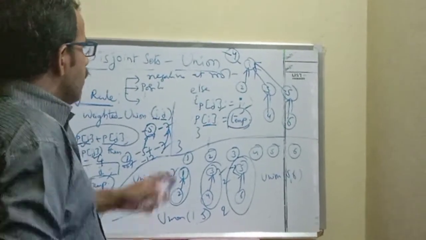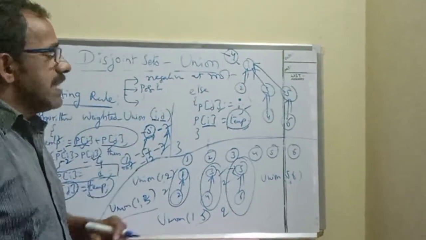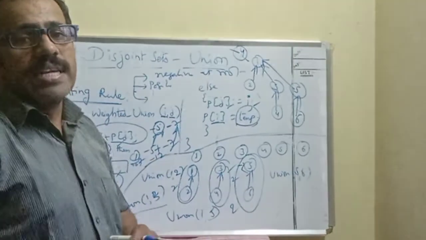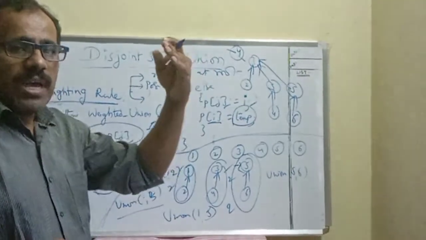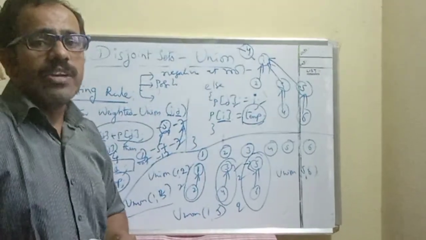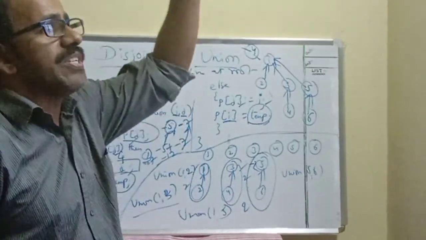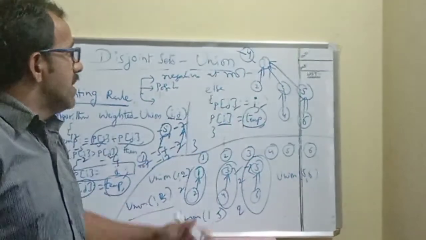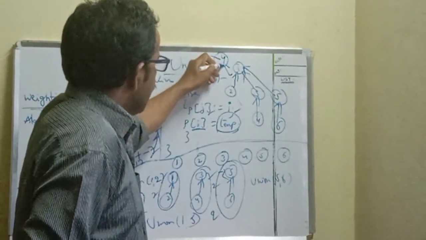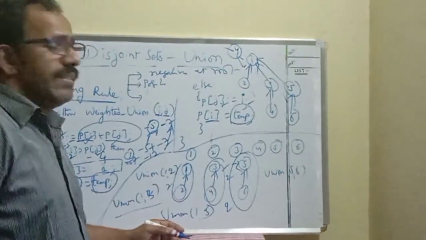Okay? Because the highest number of nodes are in the first tree and fewer nodes are in the second tree. If you make the root node of the tree with more nodes the parent of the root node of the tree with fewer nodes, then I get the tree structure like this. By using this weighting rule, I can reduce the number of find operations required, because earlier the basic find operation had n levels. What about the number of levels here? I restricted it to 1, 2, 3 only. The first tree has 3 levels, the second tree has only 2. Even after combining those 2 trees, I get only a 3-level tree structure.